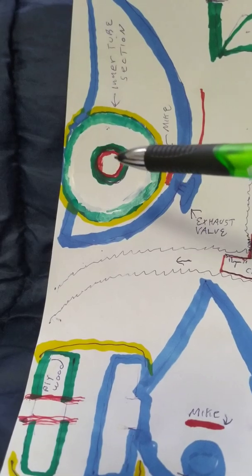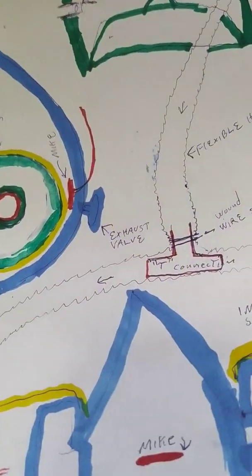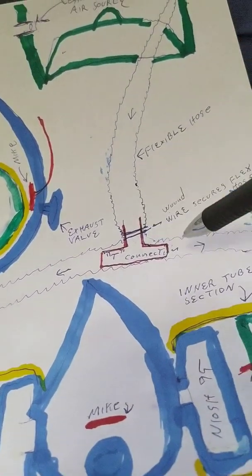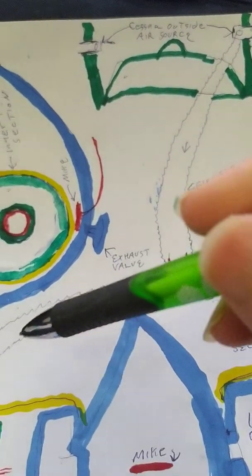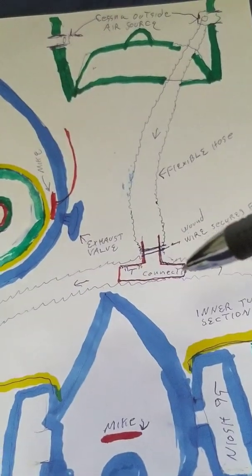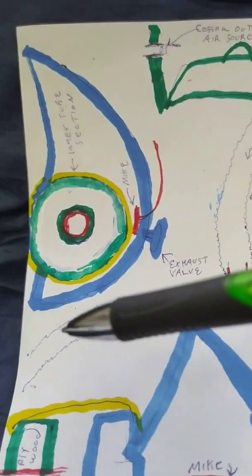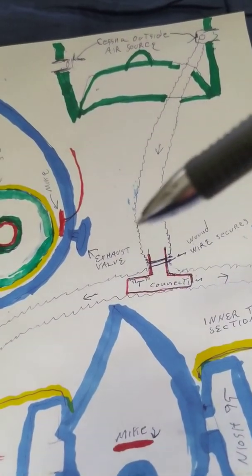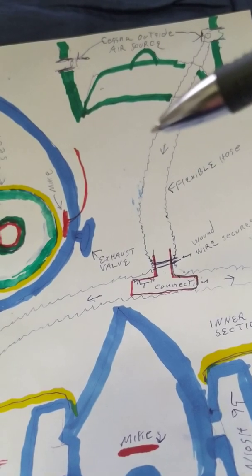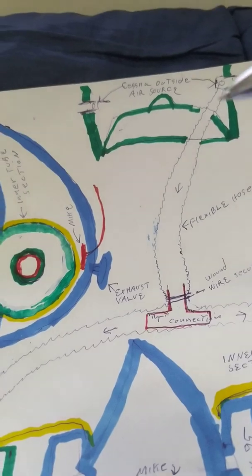The green represents the plywood that you'd cut out. And you have to decide what size hole you put in it, because ultimately it depends upon the size of the flexible tubing that's going to go into the mask. You've got a right and left that would go into a T connection. And obviously these two diameters, the flexible tubing leaving the mask, could be less than the one leaving the T. That needs to be about 40% greater diameter. And that would go to the